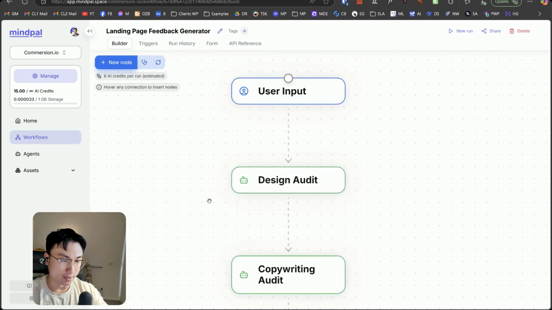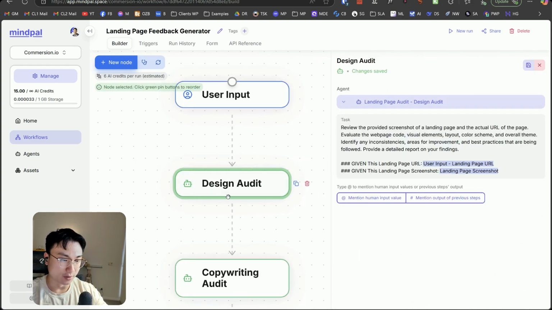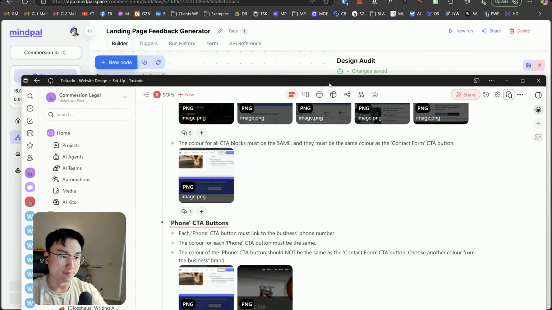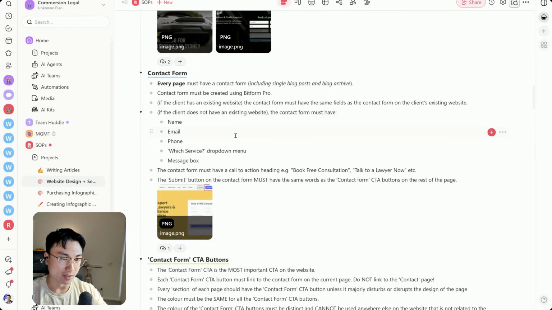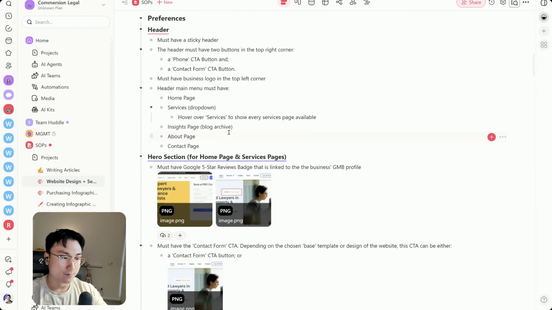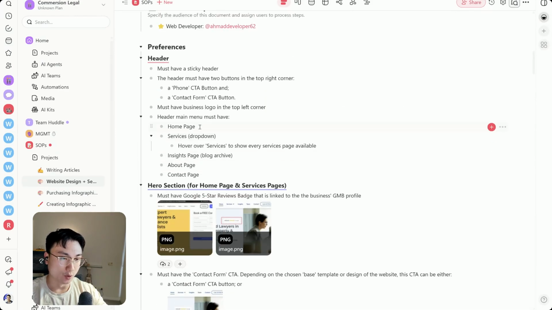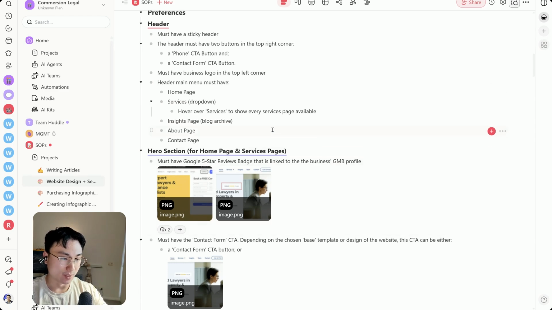So what I've done is I have essentially focused on the first design audit step, which I've trained on the knowledge. I've converted my web dev SOP, my website development SOP, into a knowledge base for the AI agent. So you can see in my web dev SOP, I've got a checklist of